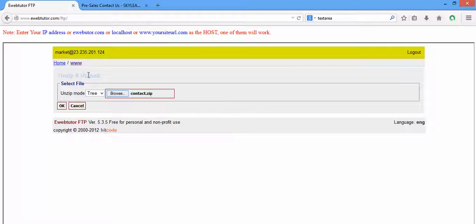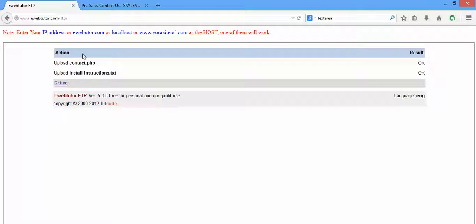The reason we can't use upload is because it's not an ordinary file. It is a zip file. That's why we have to use unzip and upload. So once I click OK like this, I have to wait for some time. Can you see? You will discover that